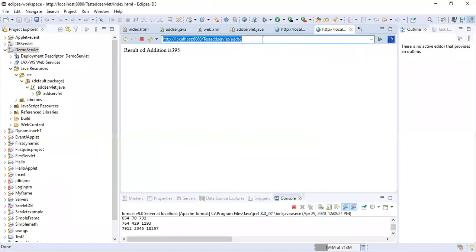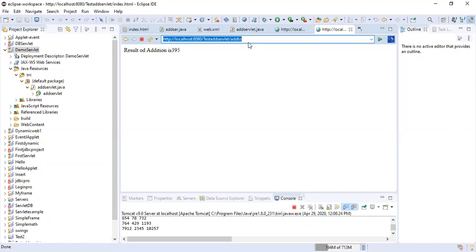When you use the post method, the name value pair will not be seen. Whatever you are sending to the server, that content will not be seen by the user. You have got the result, but they will be hidden from the user. So the query string is different in case of the get method, and the query string is different in case of the post method. In case of the get method, in the query string, name value pairs are visible. In case of the post method, the name value pairs are not visible. So that was all about the difference between get and post.